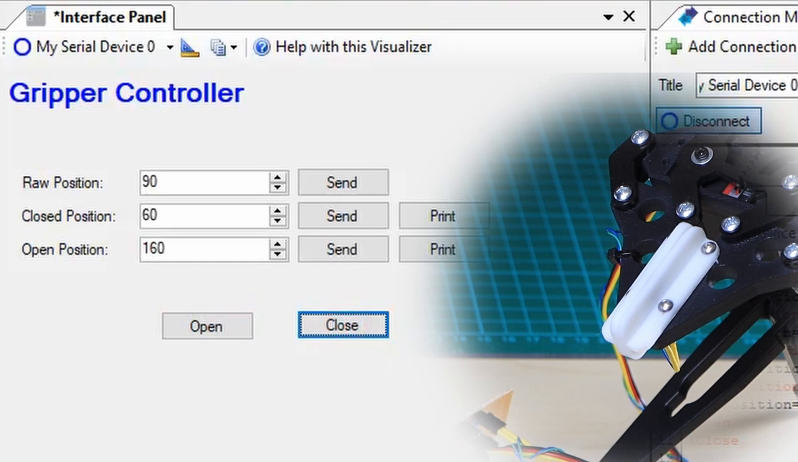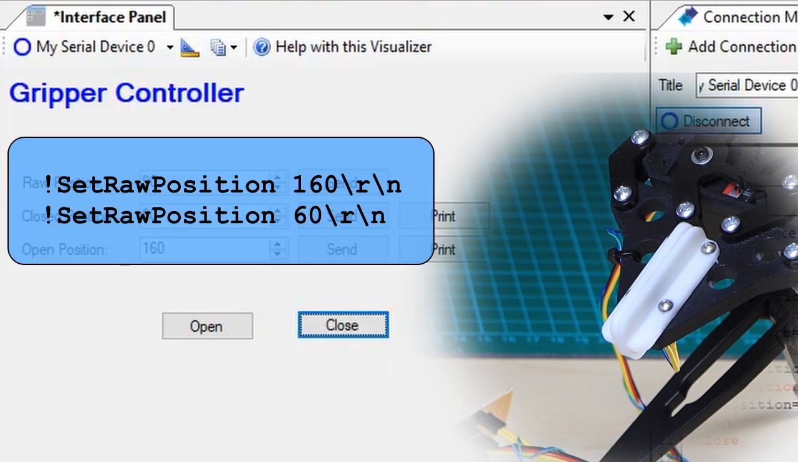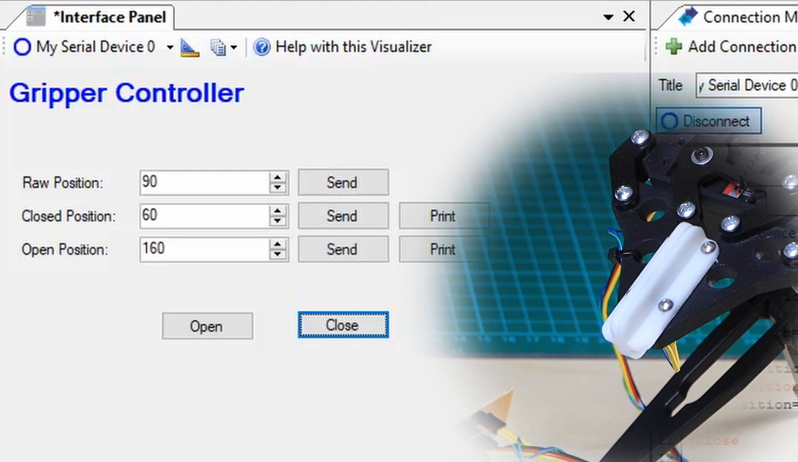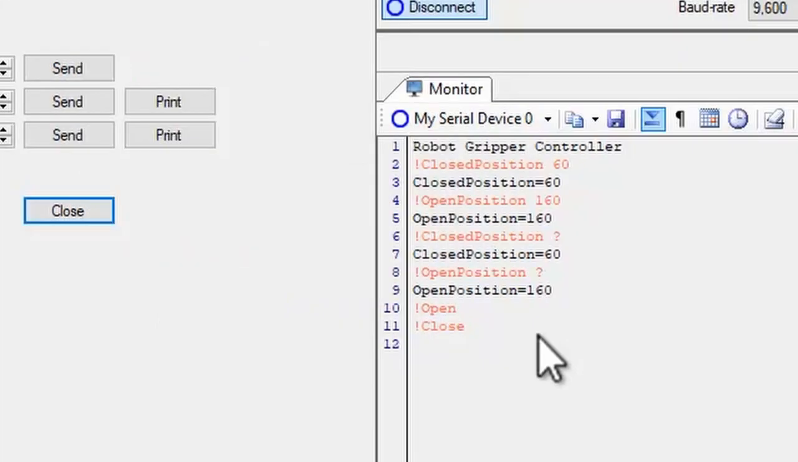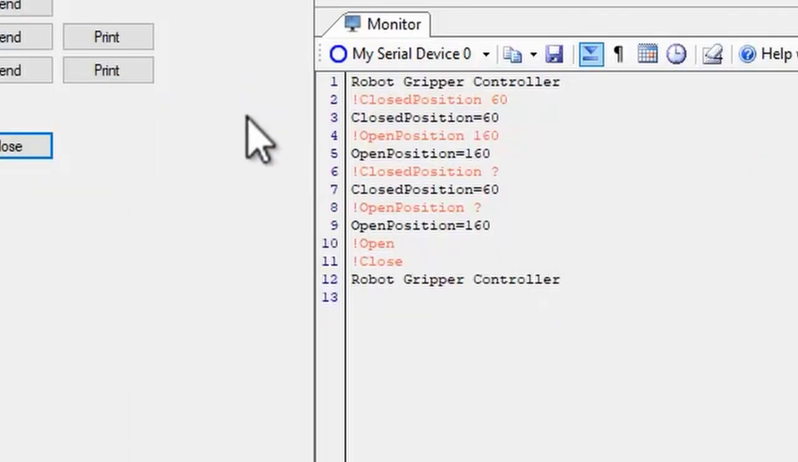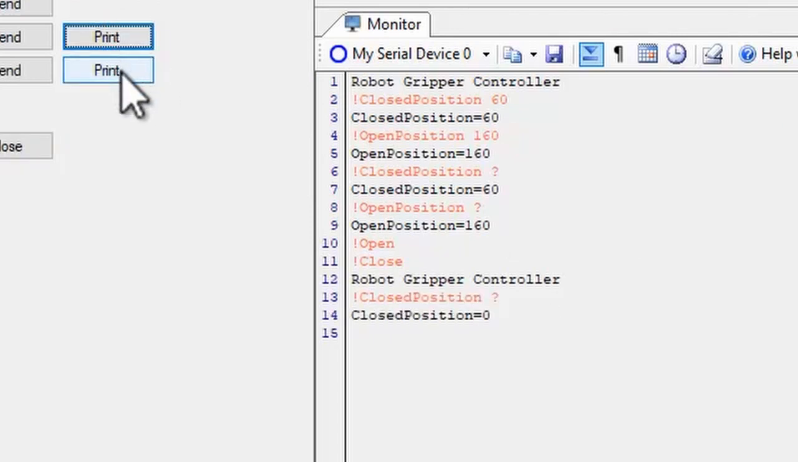It would have been faster to send raw positions when the open and close buttons are clicked. But by having the Arduino store positions and implementing open and close commands, the same interface can be used for different grippers. However, the position variables are stored in RAM, so their values are lost if the device is reset or its power is disconnected. Next, we'll look at how to save the values in the Arduino's EEPROM where they are retained through reset and